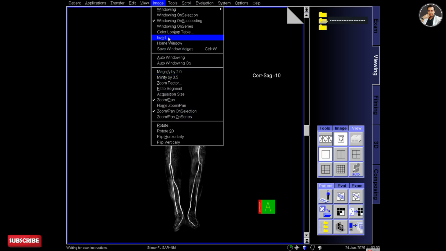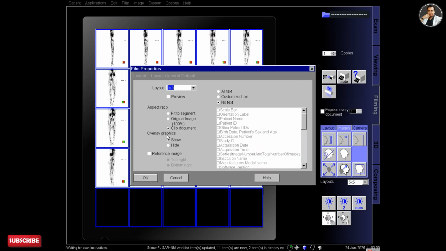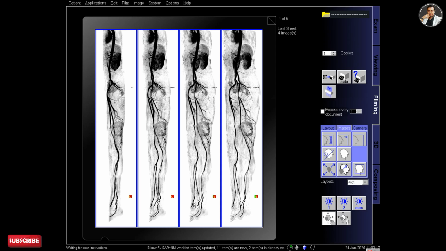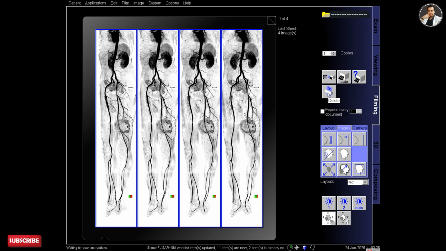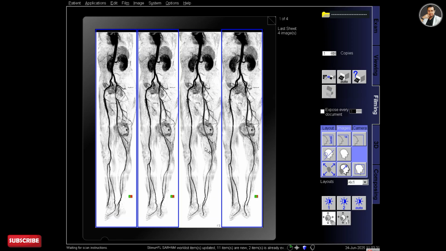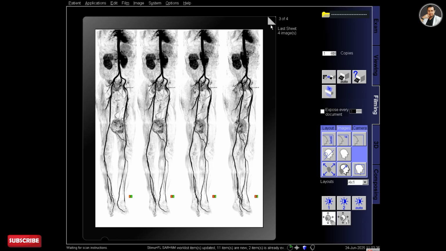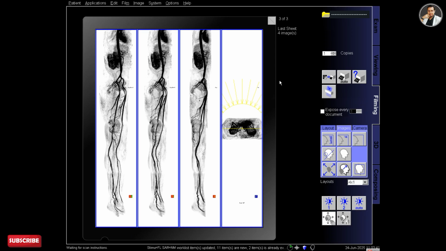I will also print the inverted images of the angiogram. For this, select the inverted series and send them to the filming, and also change the layout to 4:1 like the previous one. In 4:1 format, there are only columns, no rows, so that the columns are long enough to fit the whole angiogram image from abdomen to the foot.